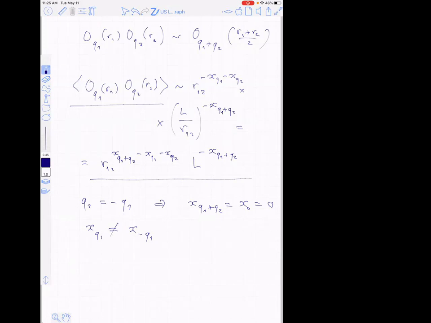All right, but I can do something else. I can instead choose Q2 to be this special value Q star minus Q1. And in this case, something else happens. So this Q1 plus Q2 then turns out to be Q star. And this is also a zero-dimensional operator. So the dependence on the system size also vanishes in this case. But then I get operators of the same dimension.